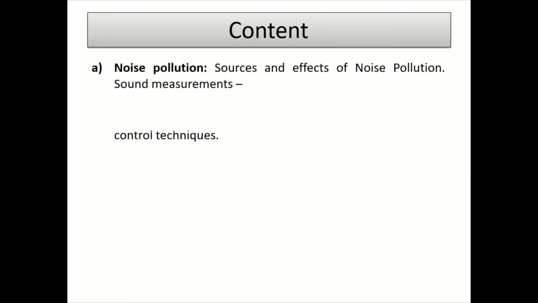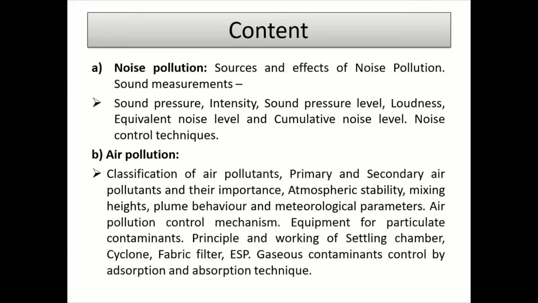We have studied unit number one of environmental engineering, that is noise and sound pollution. So these are the contents of noise pollution and air pollution. We can study sources of noise pollution, then effect of noise pollution, then sound measurement. In that sound measurement: sound pressure, intensity, sound pressure level, loudness, equipment, noise level, computer noise level, and noise control